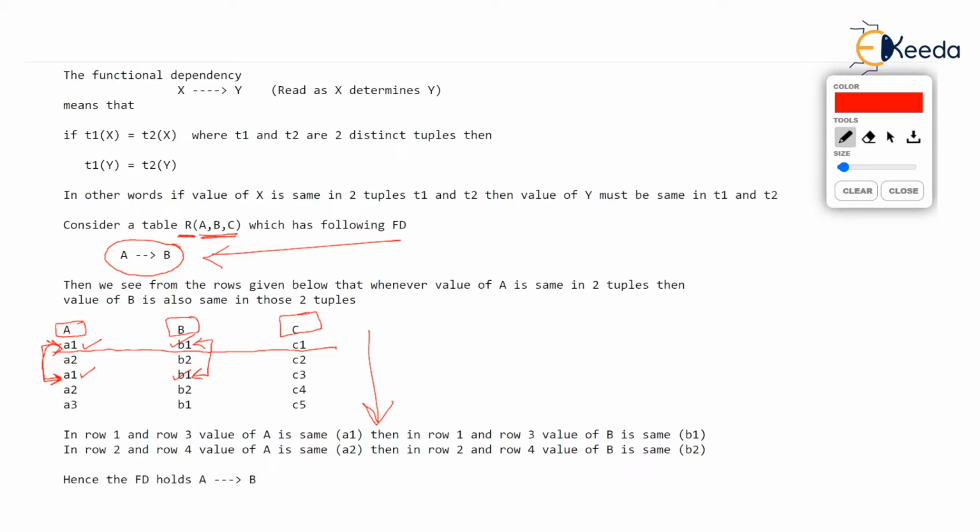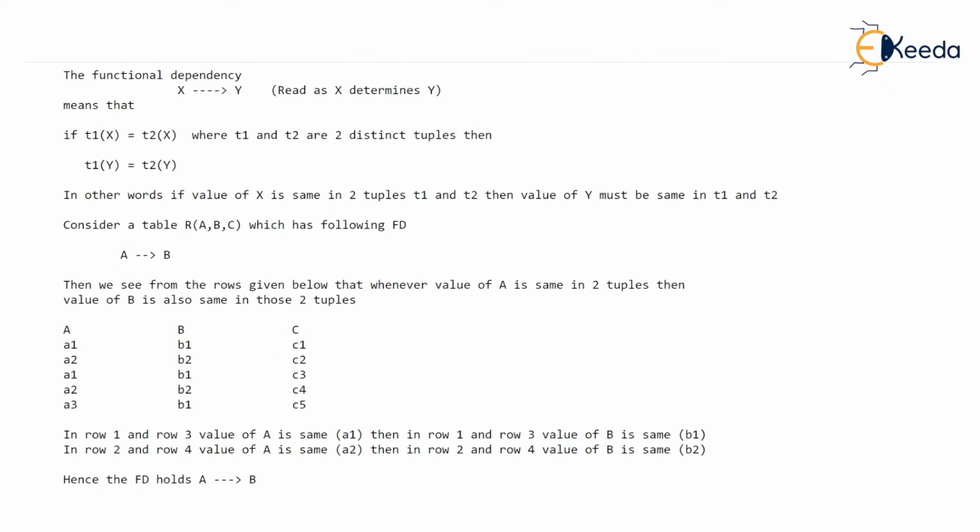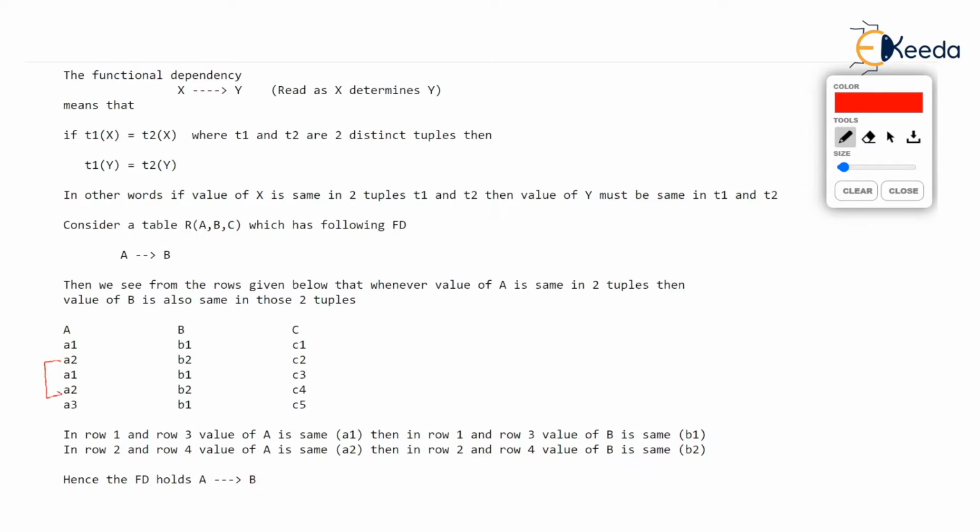So in whichever rows A agrees, that's the general rule. In whichever rows A agrees, meaning values of A are equal, in those rows B also must agree. As another example, A determines B, watch this. A determines B, isn't it? So in these two rows which I am marking, observe this. The value of A is A2, the same. Then in the same rows, under column B, whatever the value of B is must be equal. That is the meaning of A determines B.